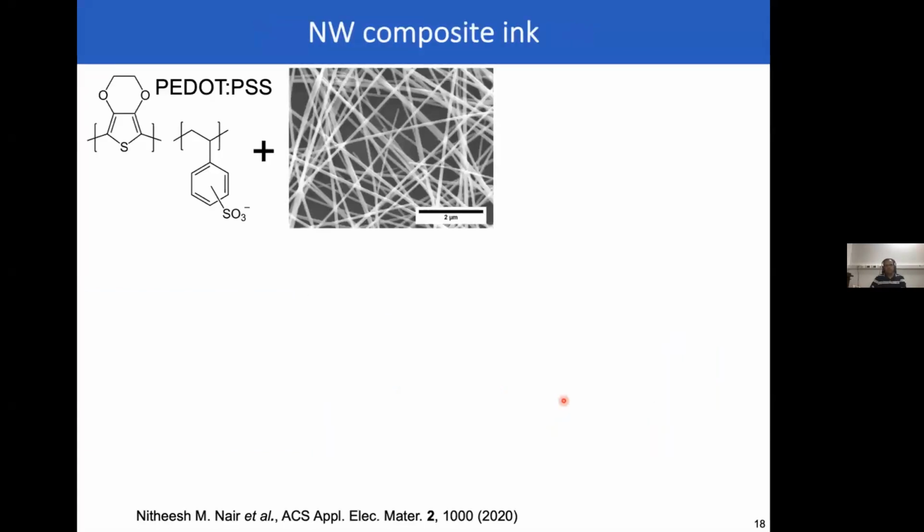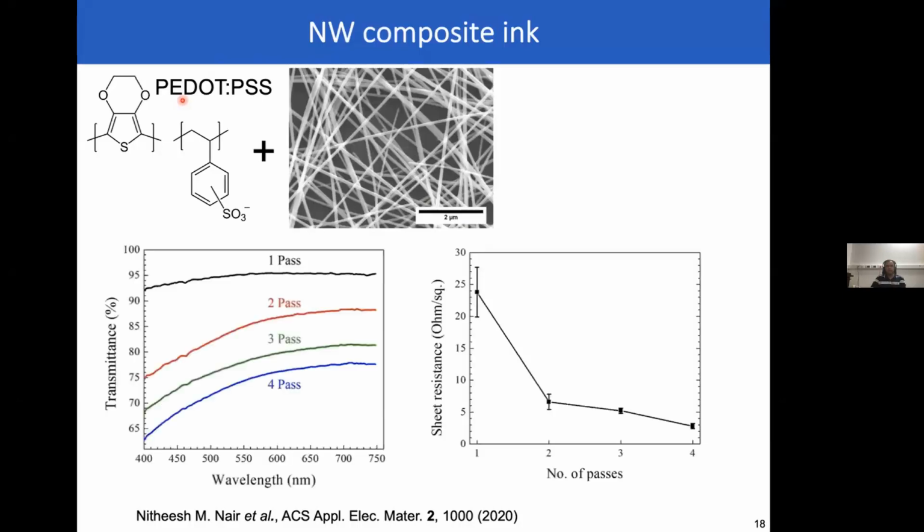So one of the issues with pure silver nanowires is that its surface adhesion is not very good. So in the previous slide, if I had not encapsulated my nanowires, the moment I touch them, they would actually come off with my fingers. So they're not very good adherent. To improve the adhesion, we mixed silver nanowires with another conducting polymer that's called PEDOT:PSS. This is widely used in the organic electronics industry. Through this, we were able to make a nanocomposite, which is also printable.